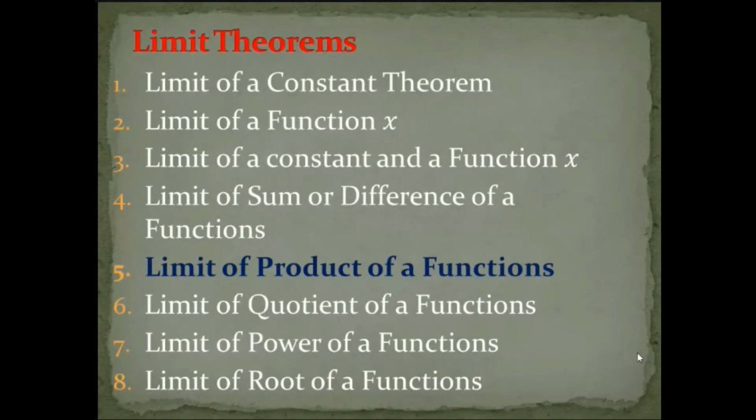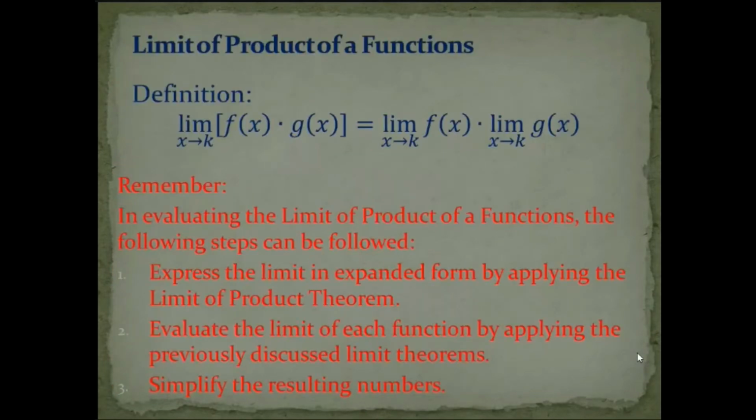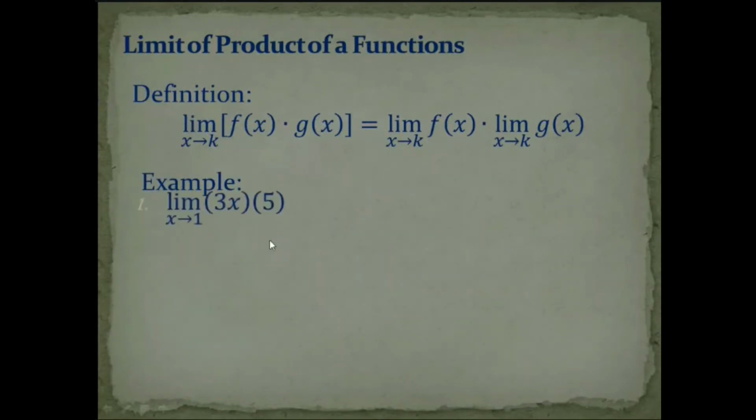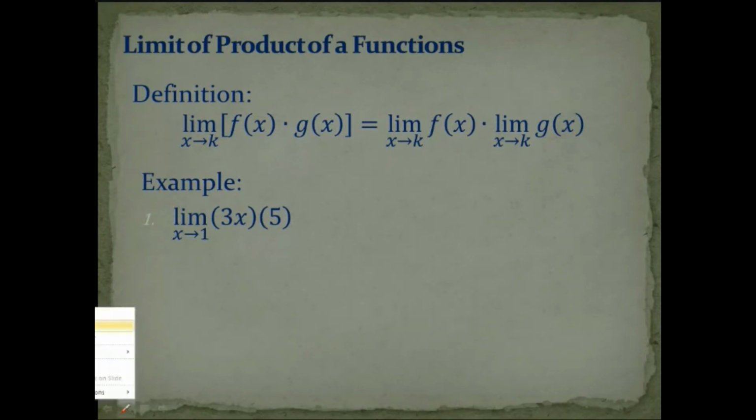Fifth, limit of product of a function. Ano ba ito? Ito po yun. Limit of f of x times g of x as x approaches k is equal to limit of f of x as x approaches k times limit of g of x as x approaches k. Halimbawa, limit of 3x times 5 as x approaches 1. Okay. So, kung gagawin natin,